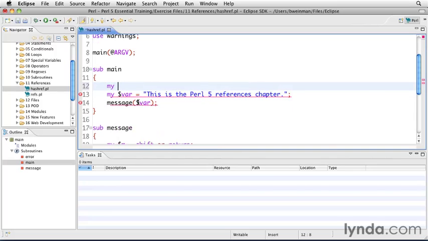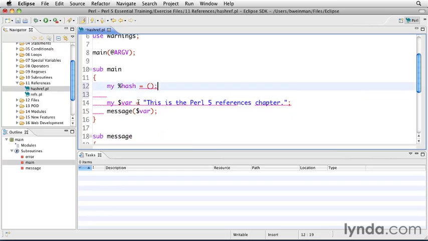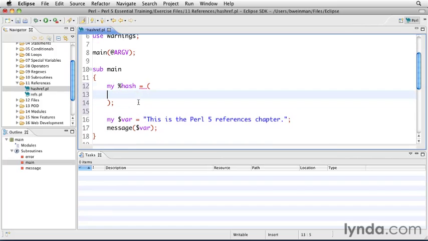And a hash is declared with a %, you'll remember. And parentheses. We have a few things in this, so we'll go ahead and give us some space to do these on separate lines. This is, again, a common way to declare a hash with multiple lines for the elements. And we'll say name